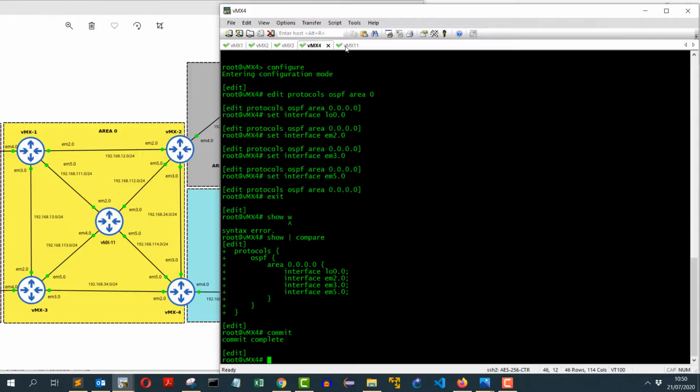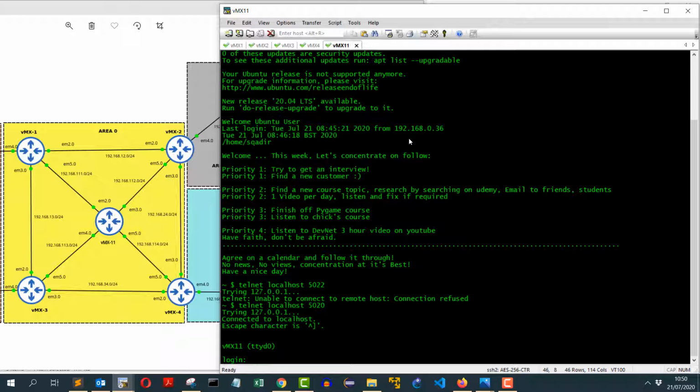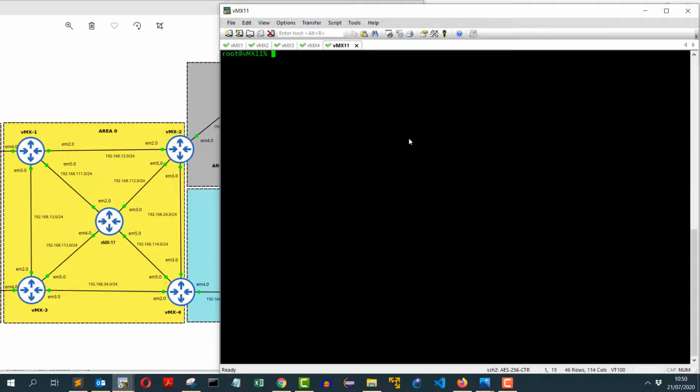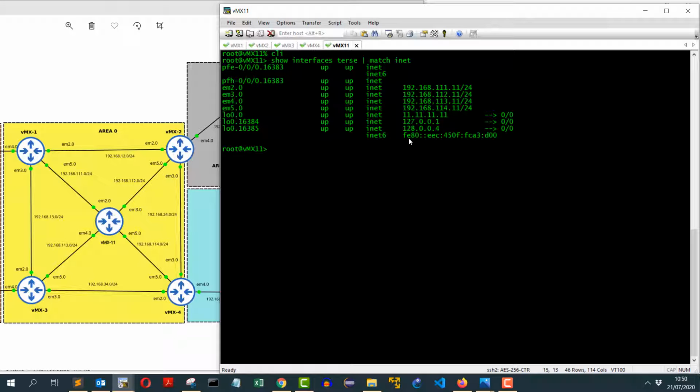And the last router I need to configure is VMX11. Show interface status, match inet, and I have the interfaces configured as I need. em2.0, 3.0, 4.0, 5.0 and loopback 0.0 has got this address.